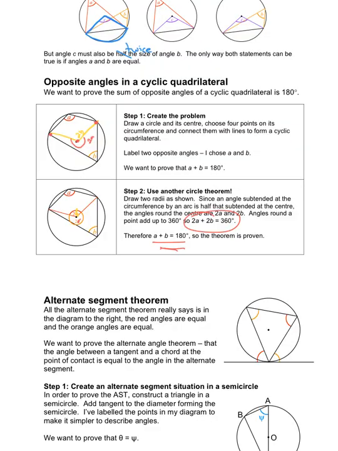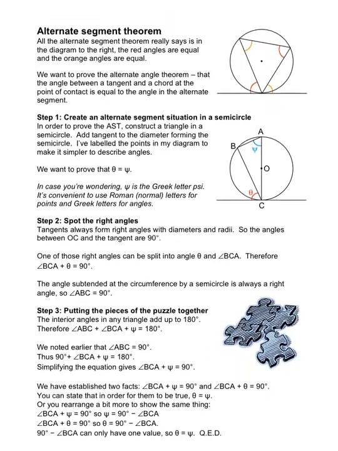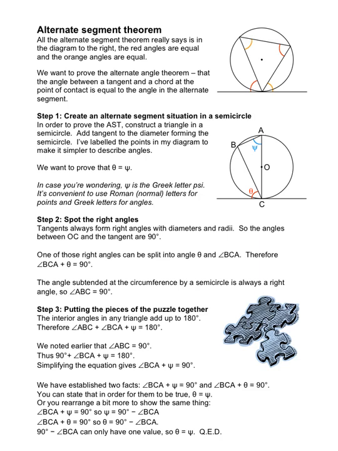All right, let's take a look at this alternate segment theorem. First, let me show you what we're going to prove. So I'm not crazy about the symbols they use here, so I'm going to just use my own. So I have A, right? You can see that A is inscribed in this arc,